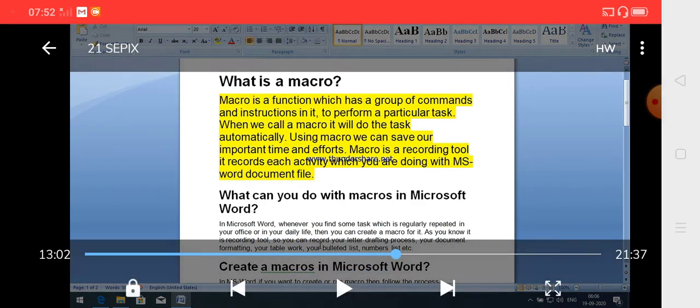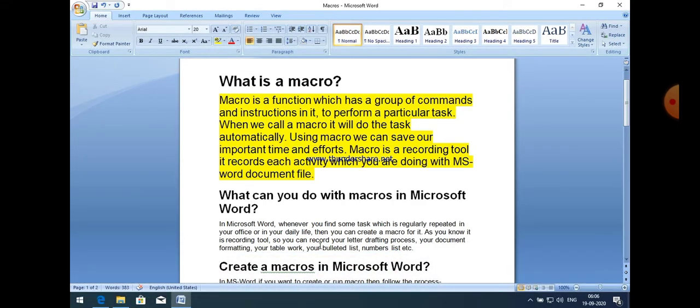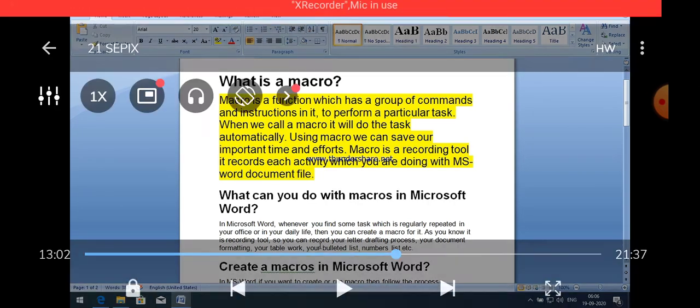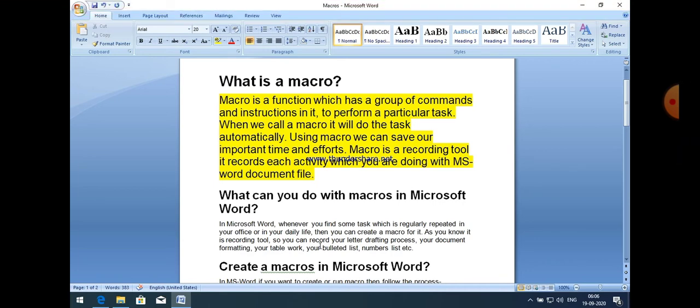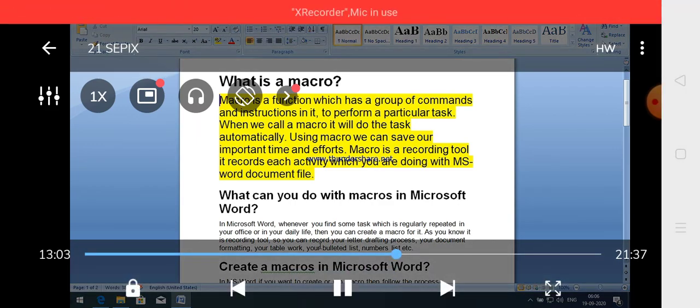A macro is a function which has a group of commands and instructions in it to perform a particular task. So when we call a macro, it will do the task automatically. That is the main objective of using a macro, and using macros we can save our important time and effort. A macro is a recording tool, so it records each activity you do in an MS Word document file.